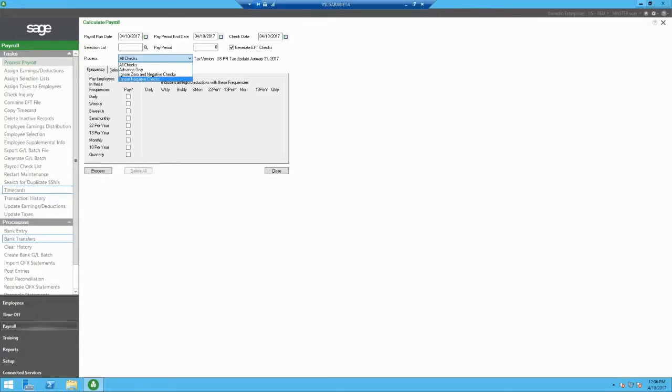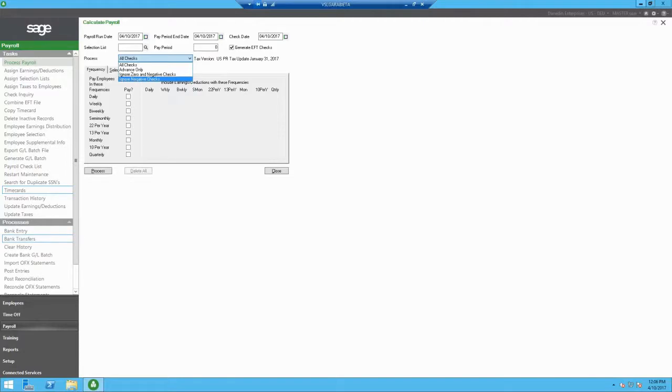We'll select this to skip employees whose checks have zero or negative amounts, so we don't process a check with that in there. And the last one is just to ignore those negative checks. We'll select this to skip employees whose checks have negative amounts because sometimes we do actually pay people with a zero check, so it would depend on your